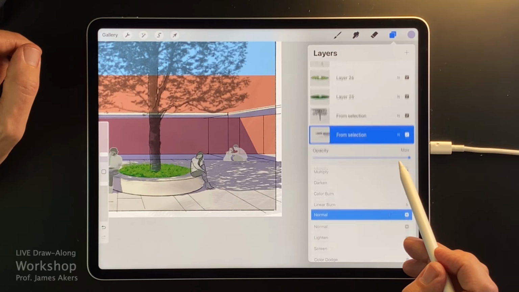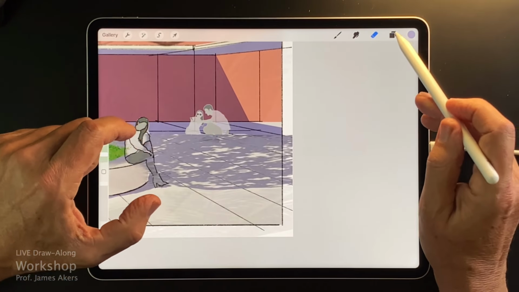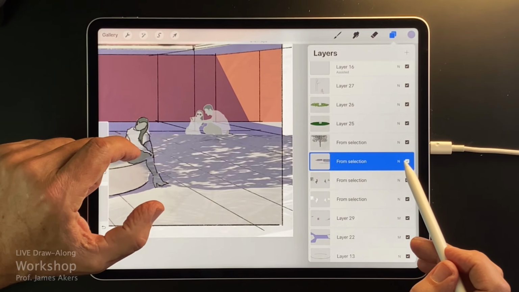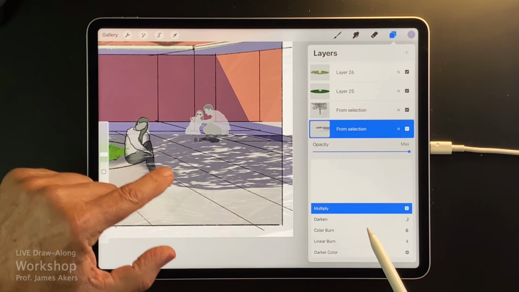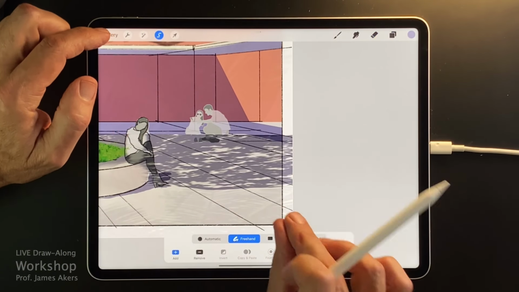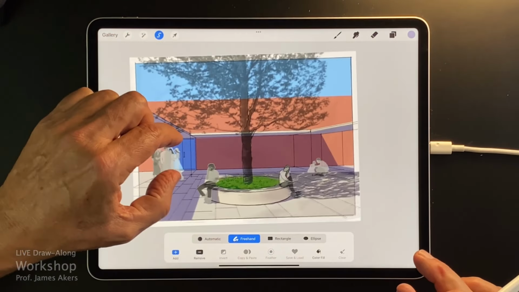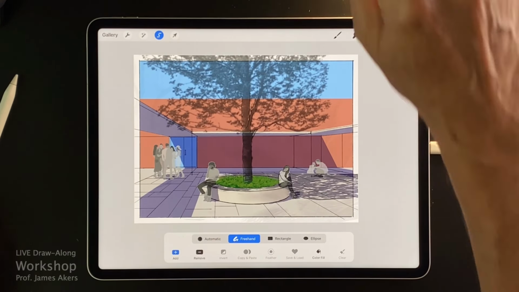So I'm going to switch it now to multiply blend mode, and watch what happens when I do that. We'll switch it to multiply blend mode, and suddenly the whole plaza comes alive, and you see all the details underneath. Okay. I went on way too long, but I hope you all got something out of that.